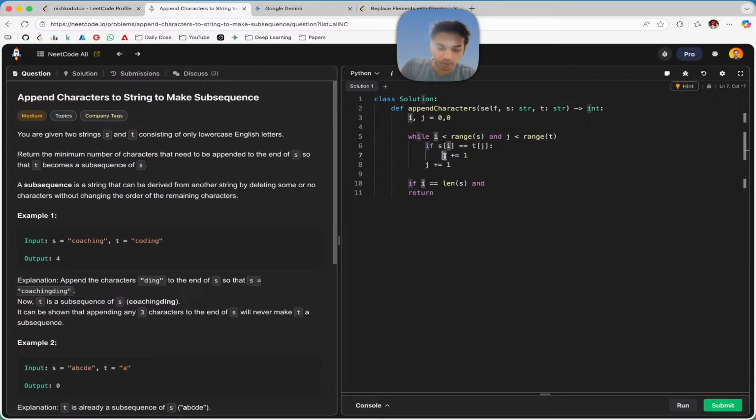जब दोनों मैच कर रहे हैं देन वी हैव टू यूज़ जे. जब दोनों नहीं मैच कर रहे देन आई तो हम लोग कर ही रहे हैं हर स्टेप पे, राइट? if i becomes length of s and j is less than length of t, then return length of t minus j,